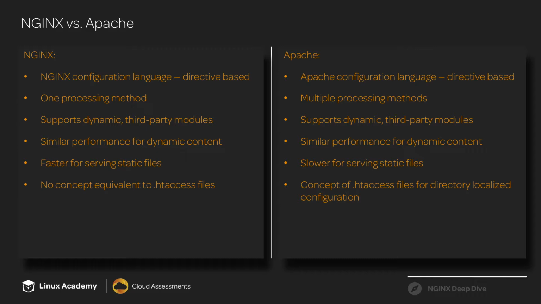And when it comes to getting the most out of hardware, NGINX is going to be the best one for the job in that case. It's very performant on lower end hardware because it's just a very lightweight tool. It needs fewer resources in order to get things done. And its processing model is one of the reasons that it is so performant in that way. So that's going to be probably the biggest difference that we're going to run into between NGINX and Apache, but